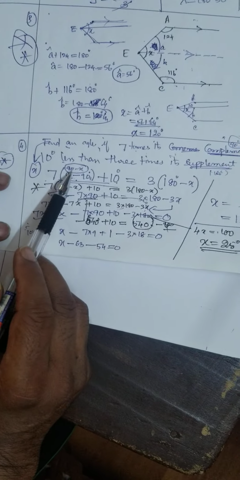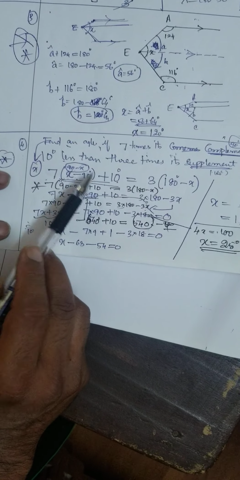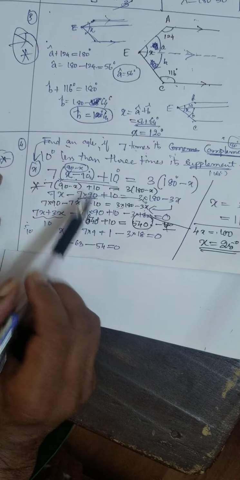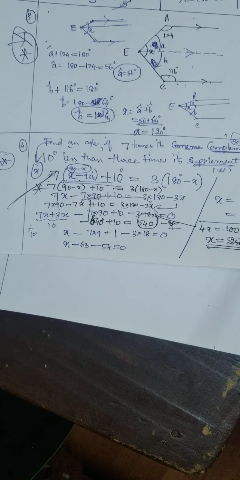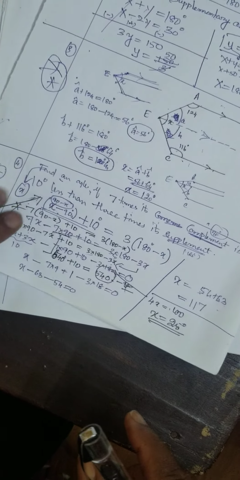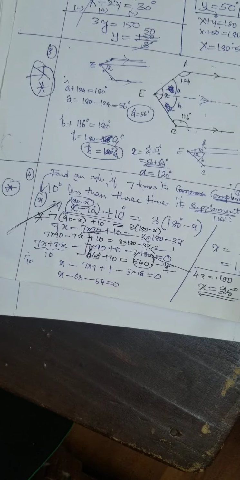See, all the mistake was because of this. We did a mistake here somewhere. Instead of 90 minus x, we have written x minus 90. You have to be very, very careful in this one. Okay? Then I'll do the next problem in the next class.